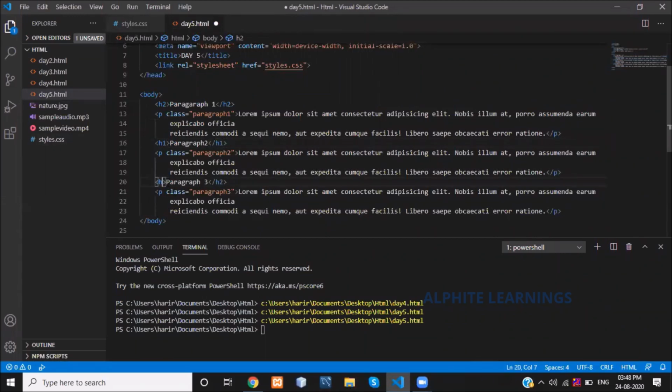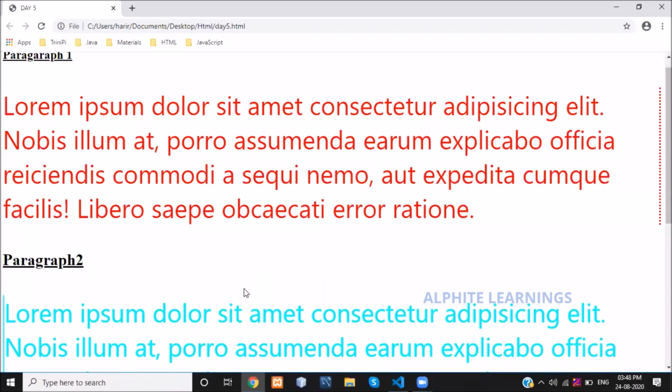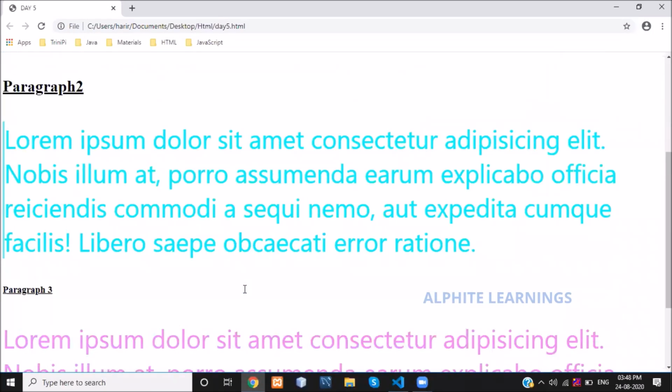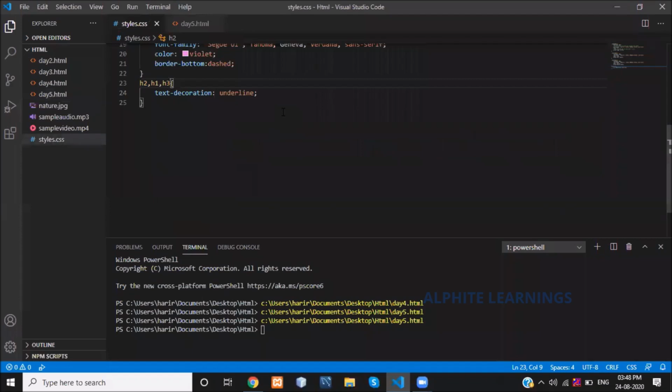For paragraph 3, I am using H3. That will be replicated here as we mentioned. This is all about underlining text. What is the property for underlining your text? It is text-decoration.